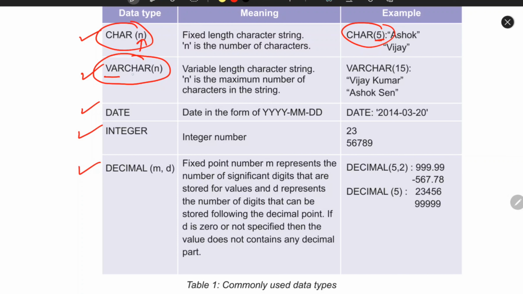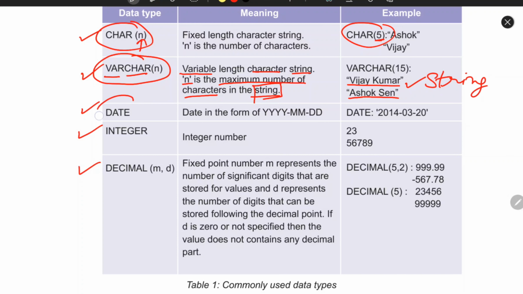Varchar means variable of a character type. That means a variable length character string, where n is the maximum number of characters in the string. So basically it is a string type of data we can add inside it, and in a string we can add alphanumeric values. These are alphabetical values, but you can add numerical values also, but they are stored in string format. Okay,